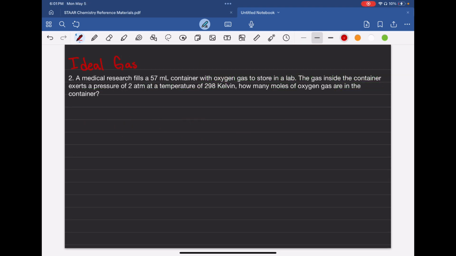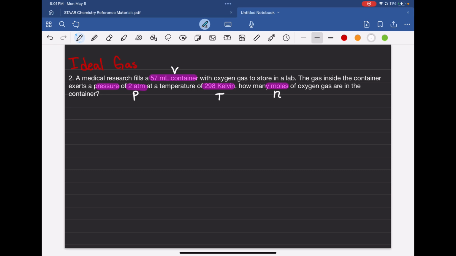Our second example will be an ideal gas. So the question says, a medical researcher fills a 57 milliliter container with oxygen gas to store in the lab. The gas inside the container exerts a pressure of 2 atm at a temperature of 298 Kelvin. How many moles of oxygen gas are in the container? So in this question, we have volume, pressure, and temperature, and